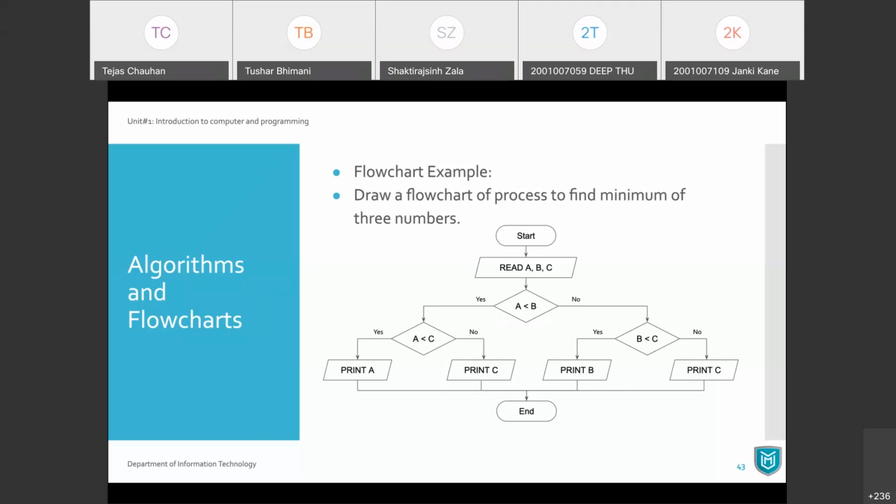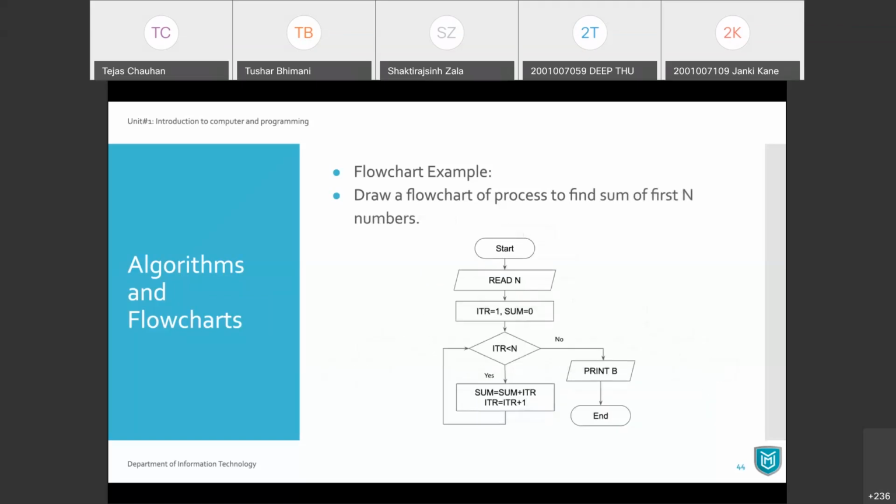Now let's have an example of iterations, repetitions. That's also something we have seen in algorithms. We know how to repeat a number of steps in an algorithm, but how do we represent that repetition in a flowchart? So definitely in a flowchart, you are going to have a path which creates a cycle. That's what the repetition means. Okay. So let's say if you want to simply print the first n numbers, we will have a print statement. If you want to sum up the first n numbers, then this is the example.